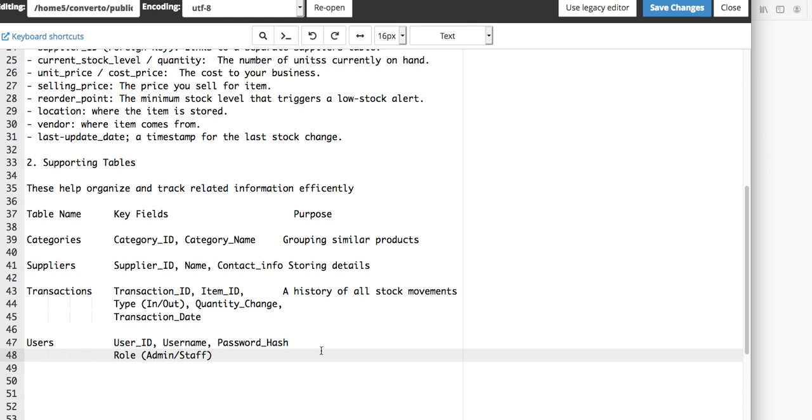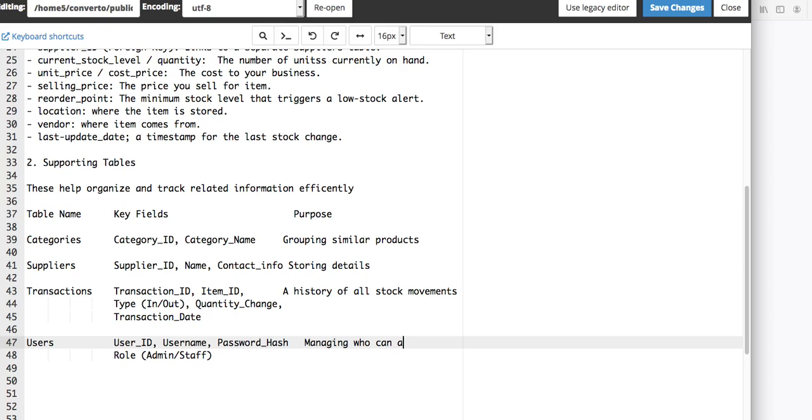And what happens is this was going to manage. Maybe we're going to say, how about we put it over here? I'm going to say managing, maybe managing who can access this stuff, just like WordPress. So that would be something, right? Then you got your system functionality, right? So you got your system functionality. So it would be something like,